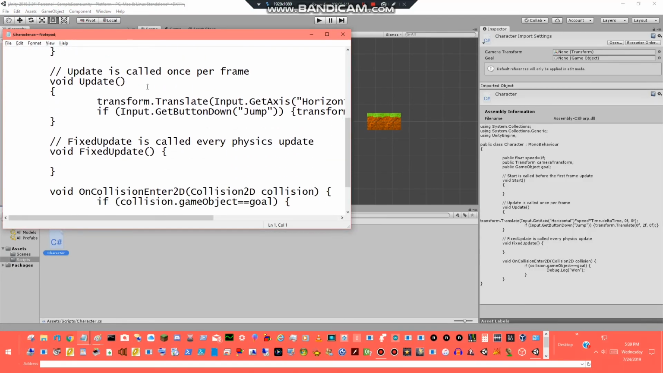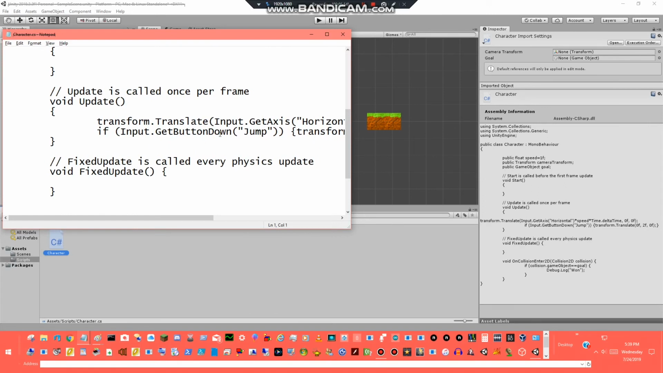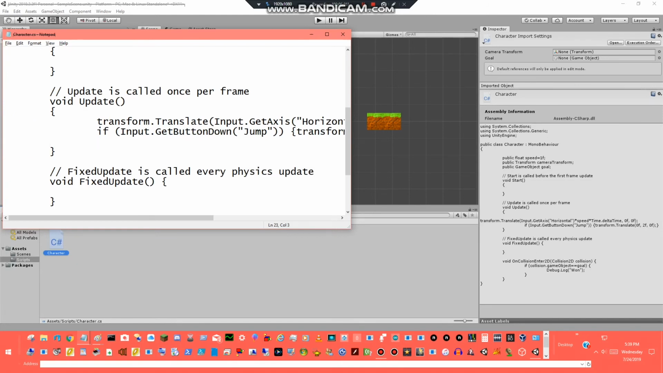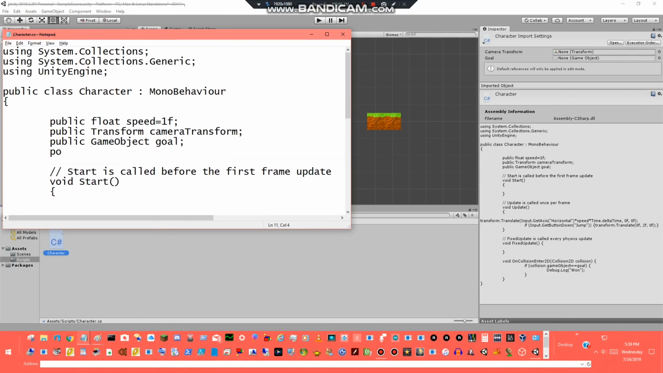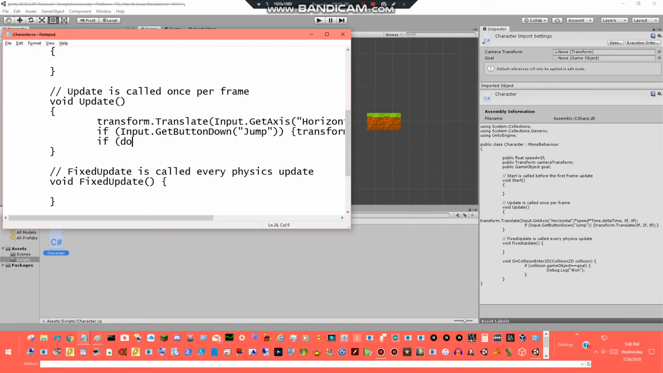So here on our character, we're going to improve this. So first, now let's make a public bool. I'm going to call it do camera follow. And we're not going to set it to anything. So if our do camera follow